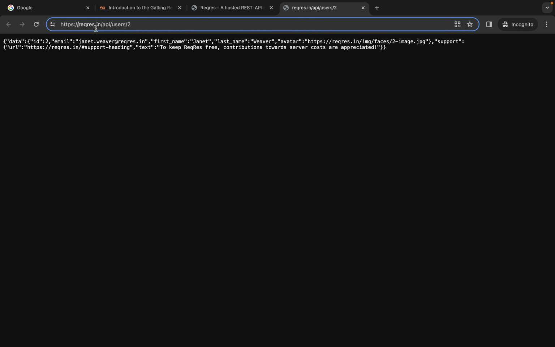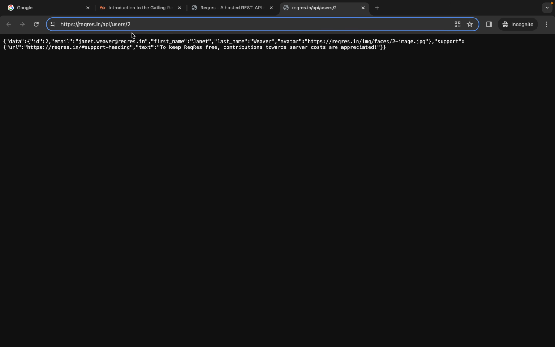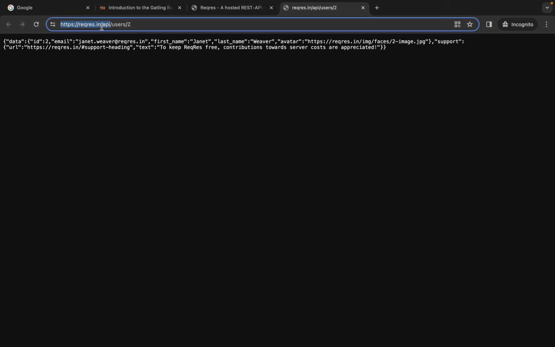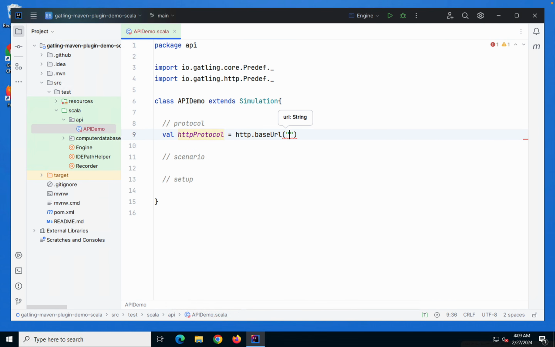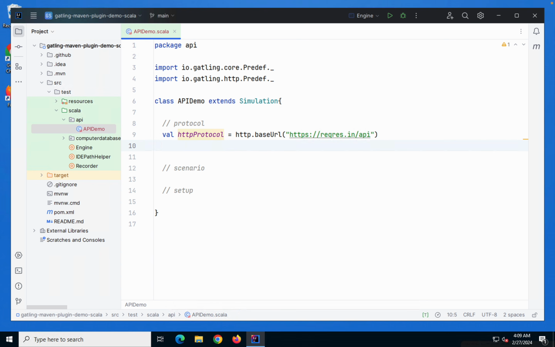Out of this, if you see in most of the APIs, this part until API is common, so we can take it as a base URL, and the rest of the part we will give in the individual requests. So this part I will put here within the base URL, and then after this we can also add some headers if there are any headers we want to set in the common configuration. But for this particular API we don't require it, these are demo APIs, so I'm just having the base URL here,